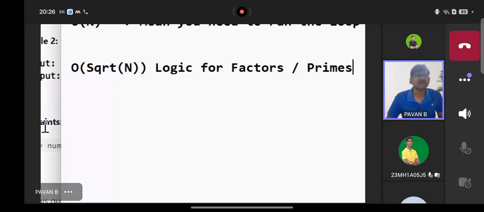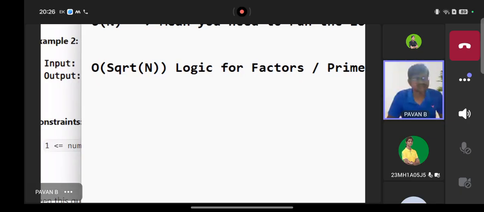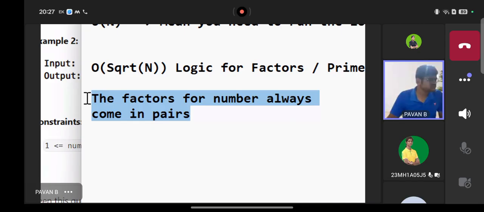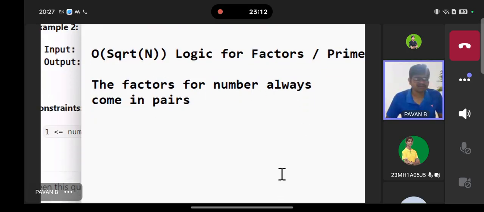Okay, so first let us see how to implement the square root of n logic. In order to understand the square root of n logic for factors, you need to understand a simple concept: the factors of a number always come in pairs. Now at first glance, this statement looks very silly. What I'm saying is, for any given number, a factor never comes alone. It comes with a pair. I will show you. Let's say we are taking 24,